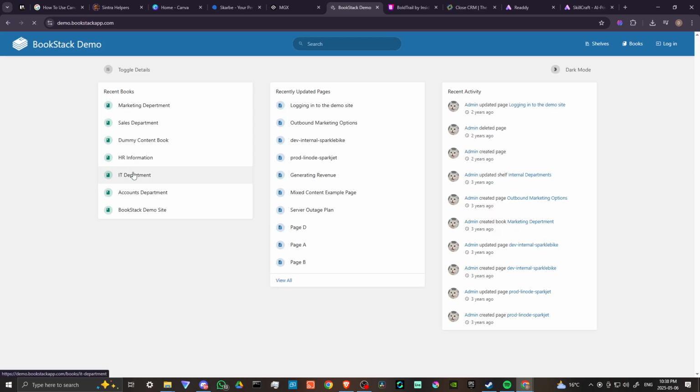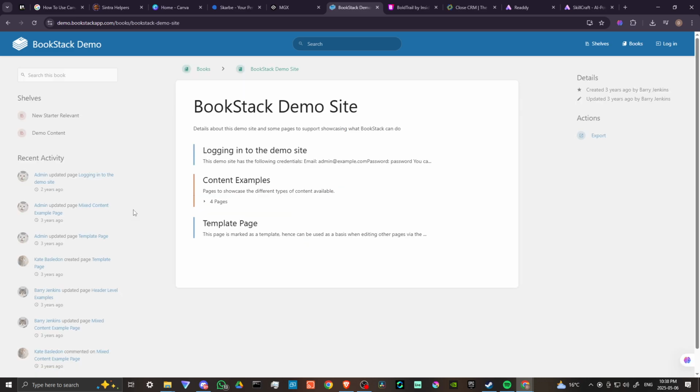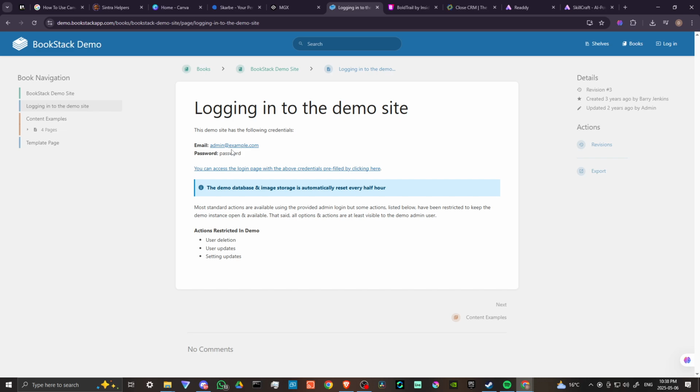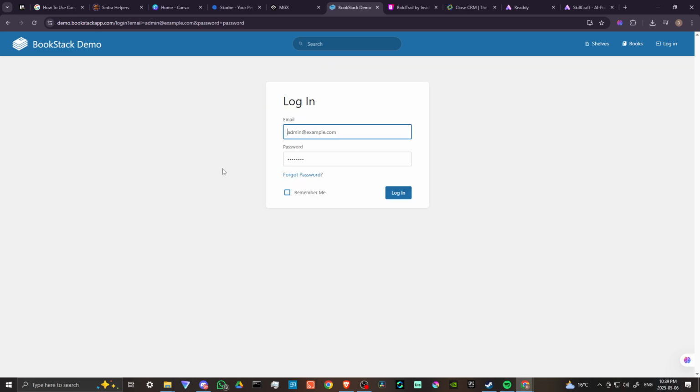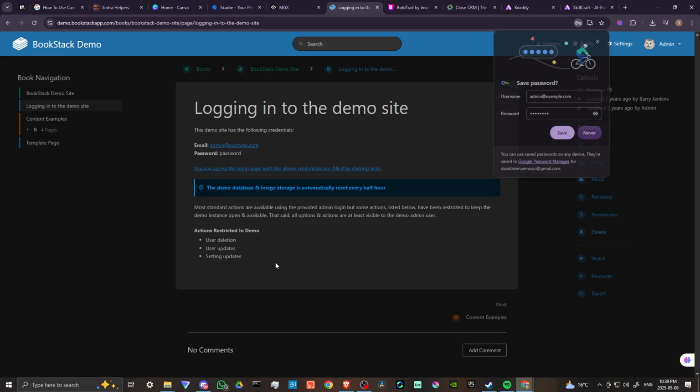If we click on demo here, then we have a few options. Let's see here. Bookstack demo. We have the Bookstack demo site. So let's go ahead and click on that. Logging into the demo site. So if you want to log into the demo site, then you can use this email and password in order to log in. And you can access the login page with the above credentials pre-filled by clicking here. And that will bring us to the Bookstack demo site. And if we click on login,